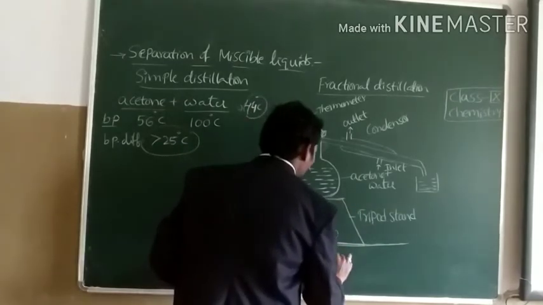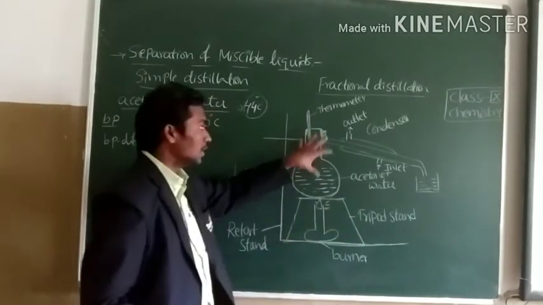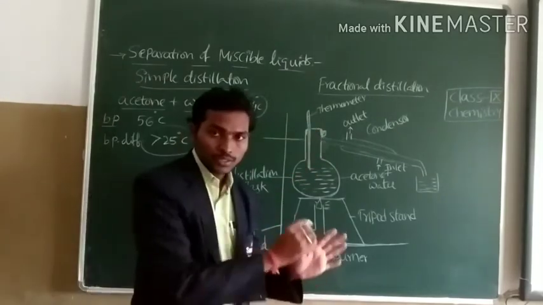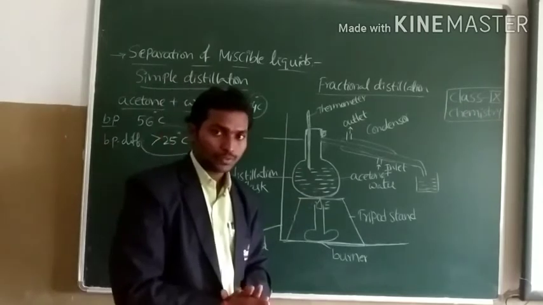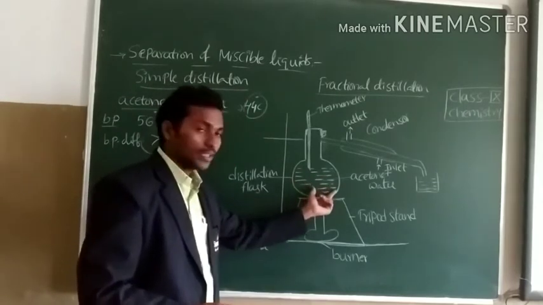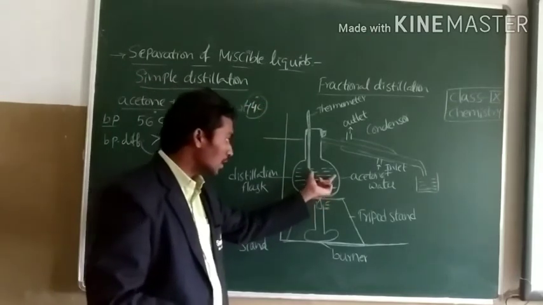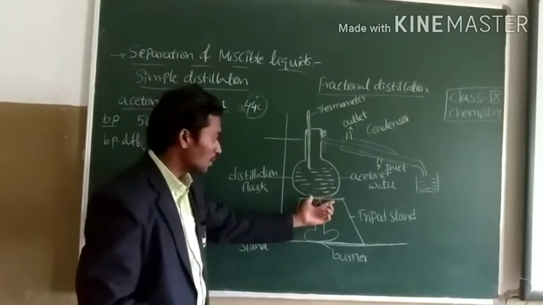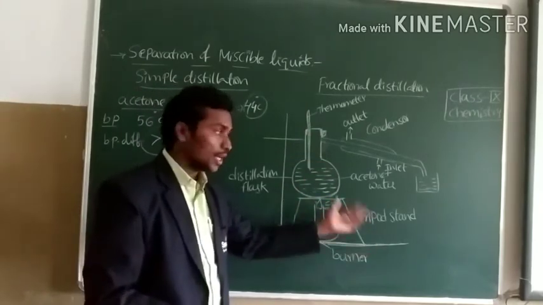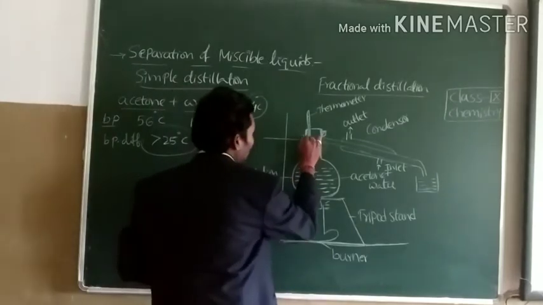With the help of a Bunsen burner or spirit lamp, we have to heat the liquid mixture. So this is the experimental arrangement of simple distillation. We have taken a liquid mixture, that is a miscible liquid mixture, in a distillation flask. We have placed the distillation flask over the tripod stand and we have fixed it to the clamp